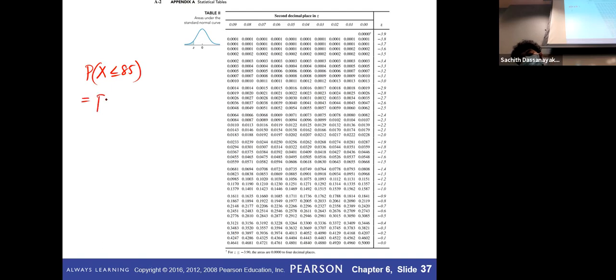Like probability of, okay, do your calculation inside these brackets. So capital X, what's your formula? How do you transform it to standard normal? X minus mu divided by sigma, right? So do it here. Your X minus mu divided by sigma. Same thing, I'm using another way to write it down. Less than or equal, same less than or equal. Here, on the right hand side, you have 85. Do the same thing to this as well.